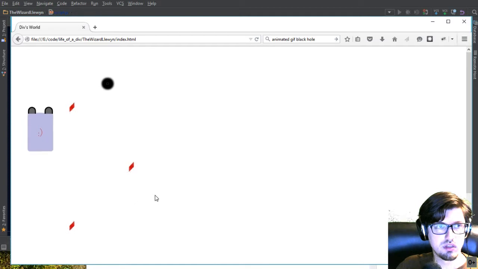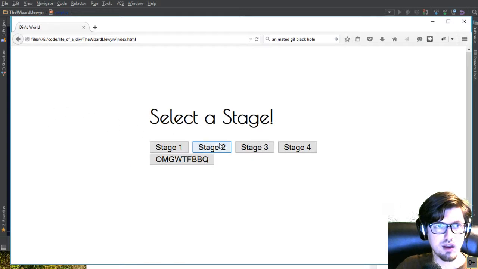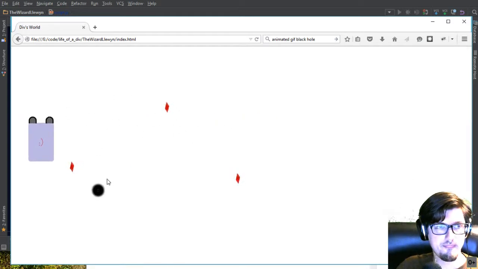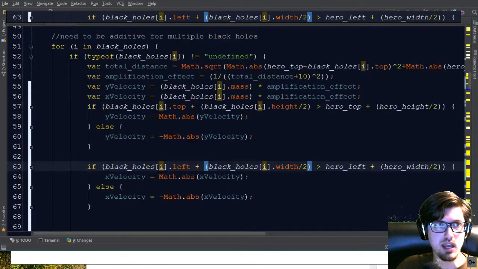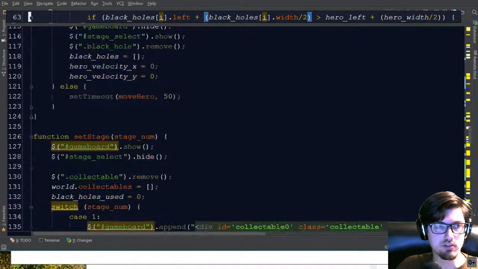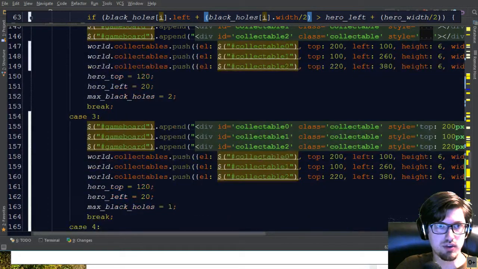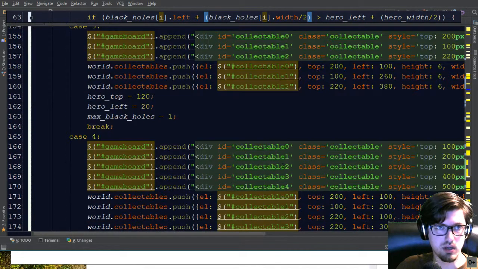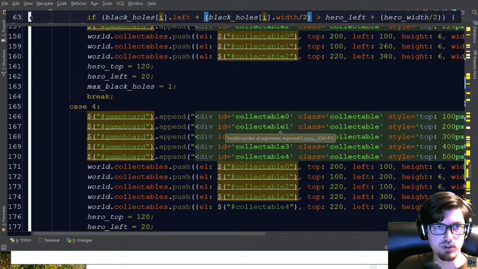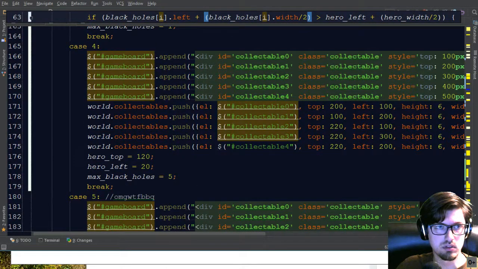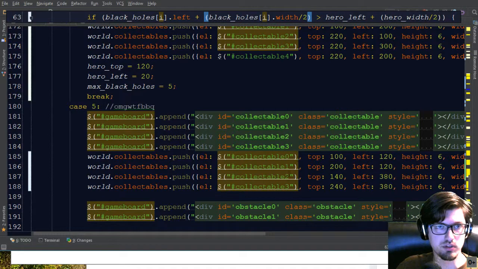And now what I want to do, no, okay, all right, so why is this now? All right, so let's see, stage 2. So stage 1 works. Is it something to do with naming? Did I mess something up in stage 3? Let's go to our stage collection. All right, so stage 3, 0, 1, 2, 0, 1, 2. That should be okay. So stage 4, 0, 1, 2, 3, 4, 0, 1, 2, 3, 4. So should all be fine.